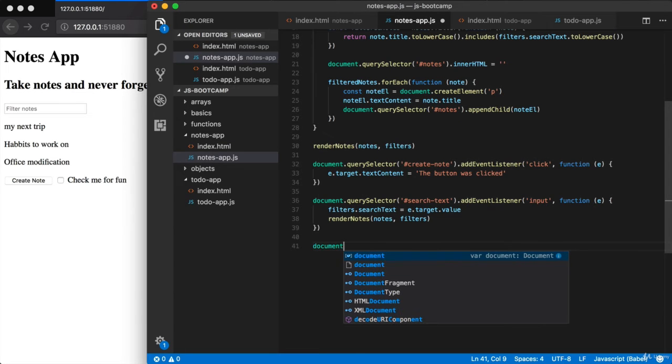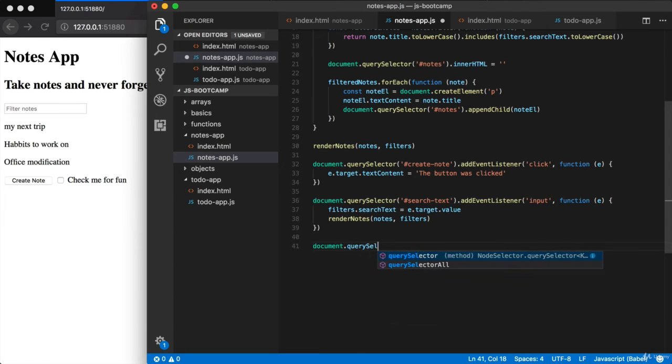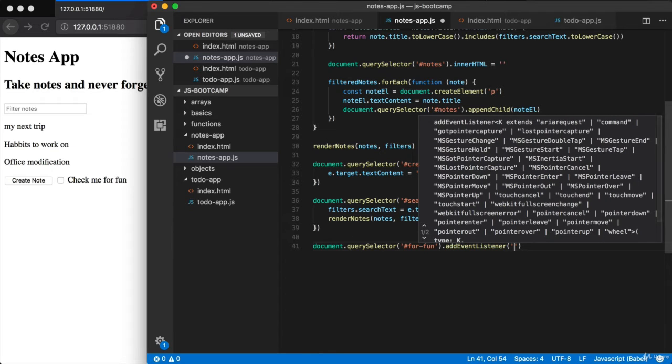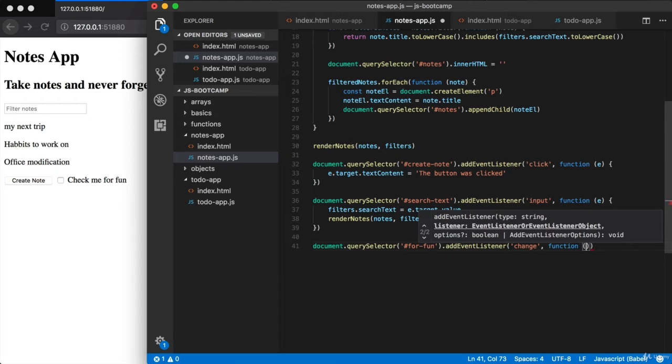We're going to be setting up an event listener. So document.querySelector. We're looking for an element where the ID equals for fun. And the event that we're going to be using is the change event. So I'll use addEventListener. The first argument is the event to listen for, change, and the second is the function to run. And with this function, like with all of our event handlers, we get the event argument, which I will name